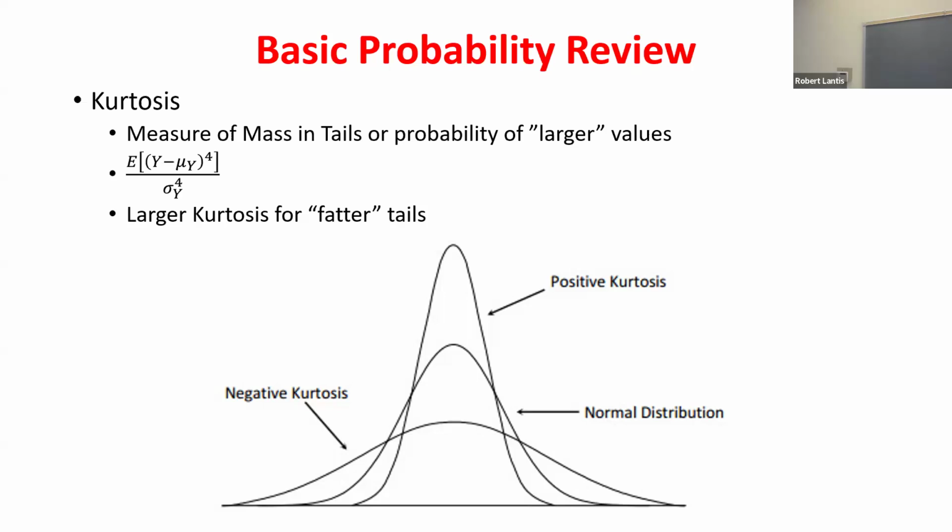It's a little bit different than the variance because it's measuring not just the average variation from the mean, but how fat these tails are, how high these probabilities are. And then as I get a more peaked distribution, I get positive kurtosis, telling me that even though the vast majority of the data is in the middle, I've got really small tails on the left and the right. Okay. So we can get all of these from Stata, and we'll take a look at that in just a second.